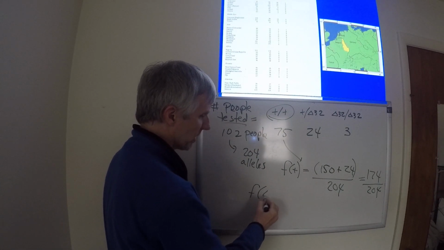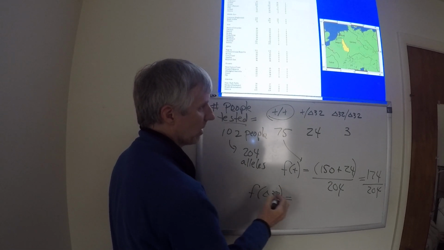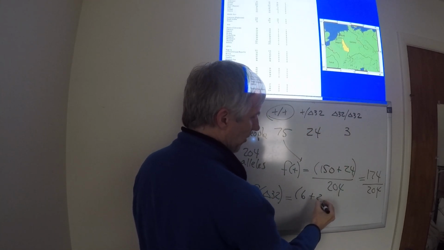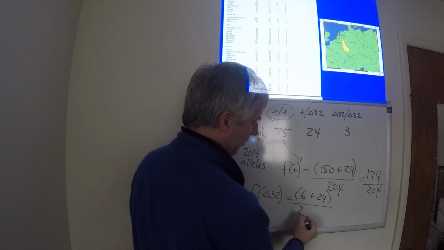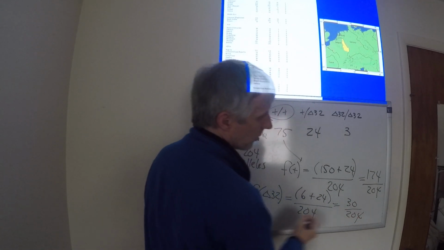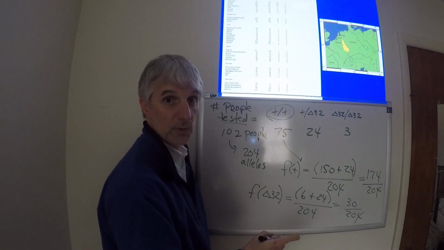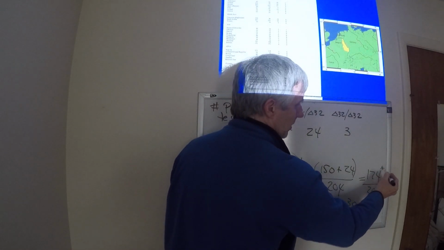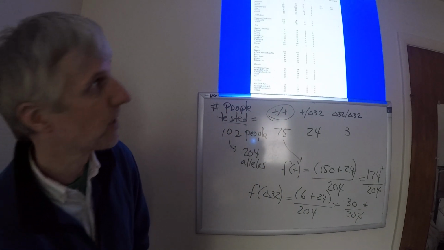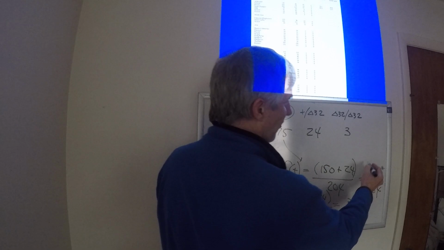And the frequency of the delta 32 is equal to 6 plus 24 over 204. That equals 30 out of 204. Once you do the math, I think what you'll come up with is 85.3